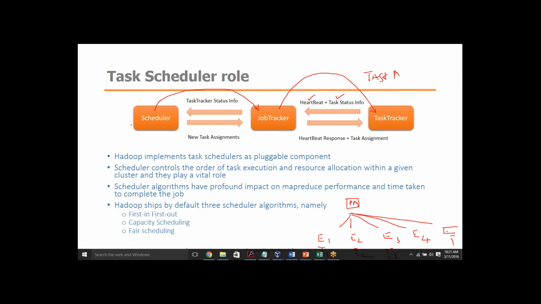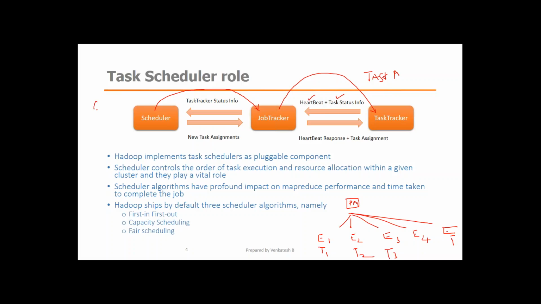Let's say client C1's job is going on, execution is going on, and there is a new client C2 coming for another computation request. This is how it looks. You have this job tracker, which is your program manager. He has assigned tasks T1, T2, T3 pertaining to client C1, and all these three engineers are busy. Let's say because of redundancy, both the files required for client 1 and client 2 are stored on